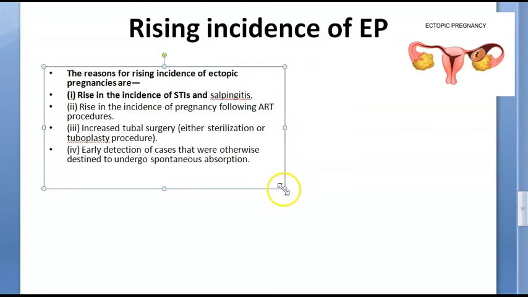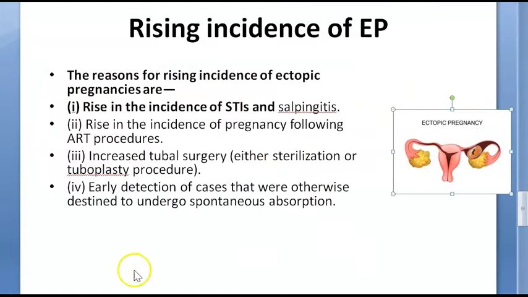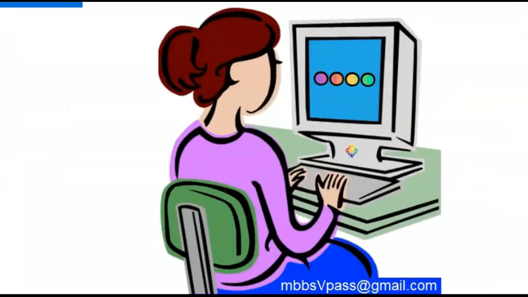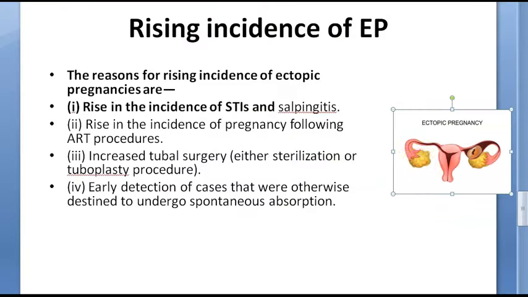So now did you understand, guys, why ectopic pregnancies are increasing? Can you say why? Because people are going for assisted reproductive techniques, yes. They're having surgeries on their tube. They are having STI sort of infections. They're having salpingitis, and they are also going for ultrasound scans very early in the pregnancy. So ectopics are being detected more than before. Earlier, if it went into spontaneous abortion, they might not even have known that it was there.